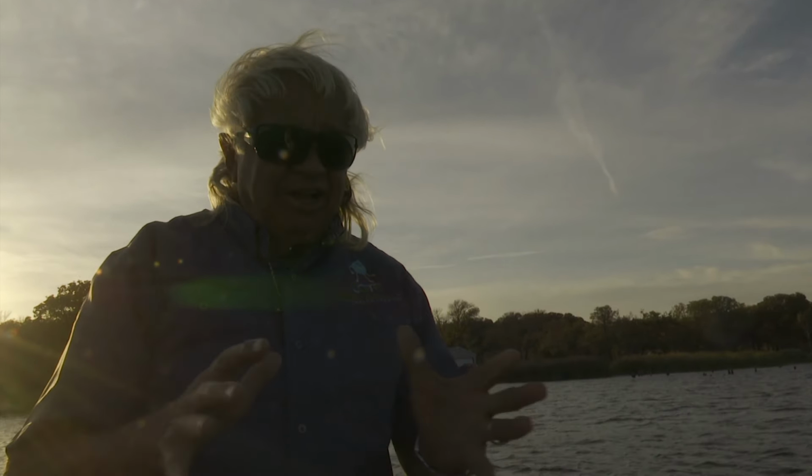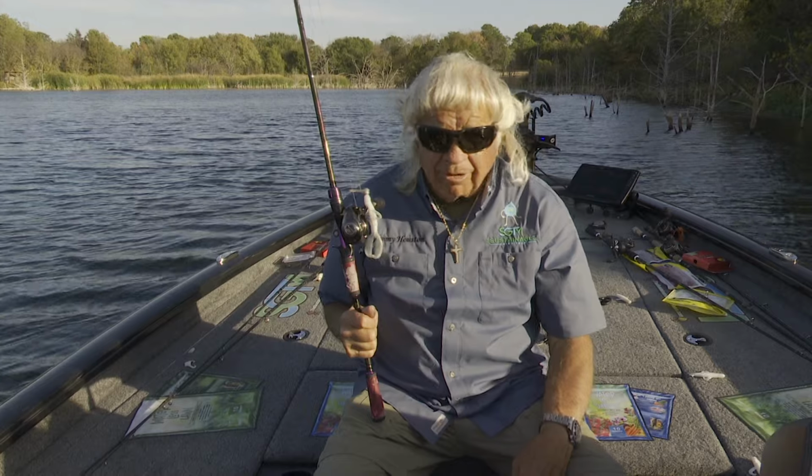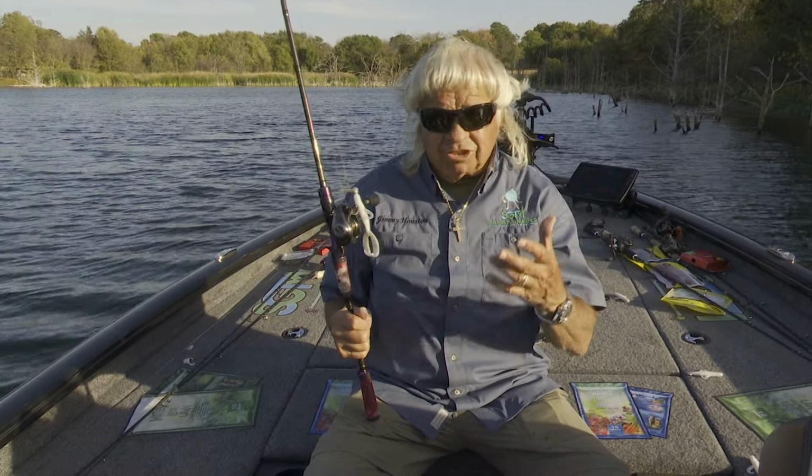Fall fishing. You gotta fish deep, you gotta fish shallow. They're gonna be fish both ways. They're transitioning. October, November, watch that water temperature. Fish 12, 15 feet all the way into no water at all. Whack 'em. Late October, early November is a tremendous time to fish, and one of the reasons is you have